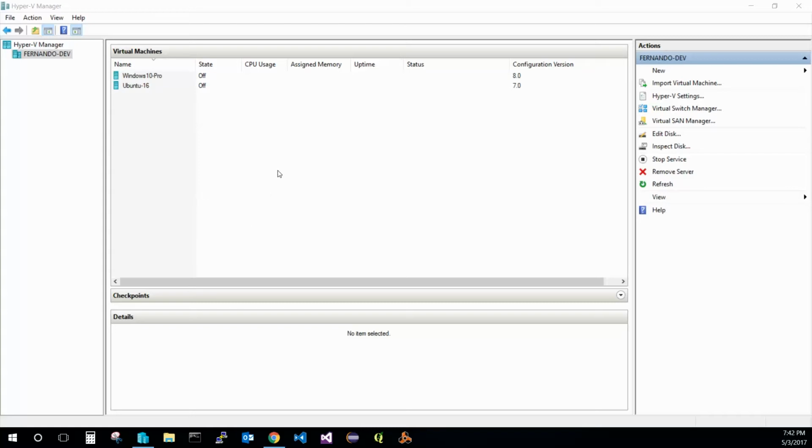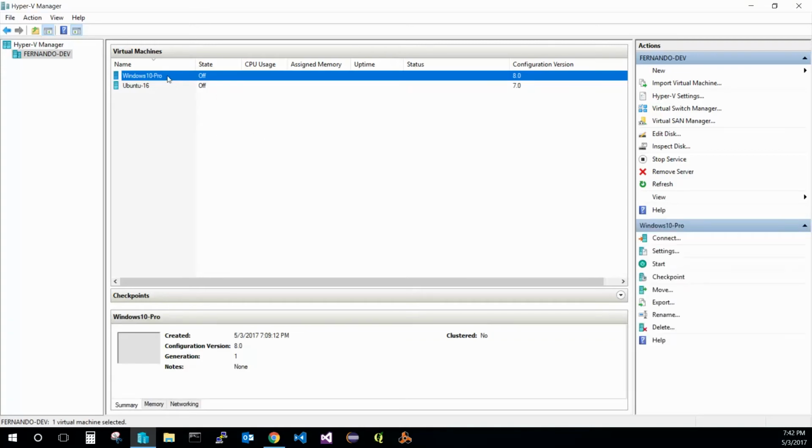And in this video we're going to go through some of the configuration options that I like to set up whenever I create a new virtual machine. And we'll do that on the previous virtual machine that we created in the last video. So I will right click on this Windows 10 Pro machine. Again, this is the one we created in the previous video. And I'll go to settings,